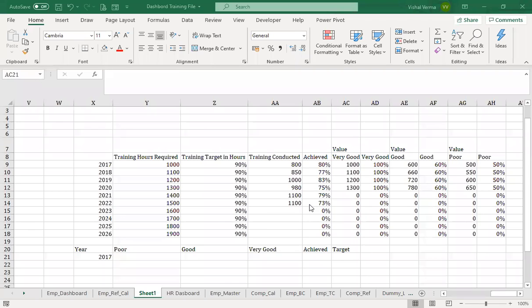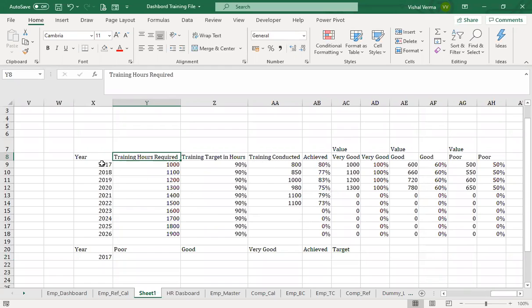In this section, we will be using the training related data and putting that training related data into the dashboard. So now training related data is basically maintained in different sheets. So, number of trainings that have been conducted in different years. What I have done is just put randomly generated data here.